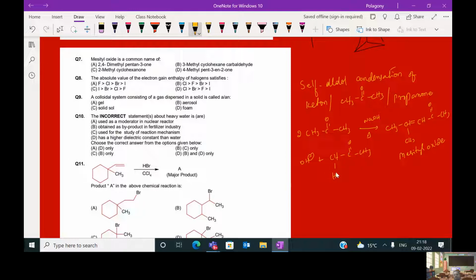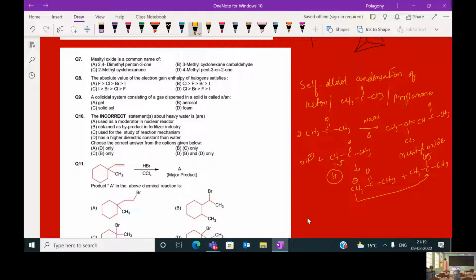One acetone molecule: this proton is removed by this base. Then the sigma bond turns into a double bond here, so the CH2 carbanion of the ketone is formed. The carbanion of the ketone attacks another molecule of acetone. Look at this. Now this negative charge attacks the electrophilic carbon, where the pi bond undergoes resonance onto